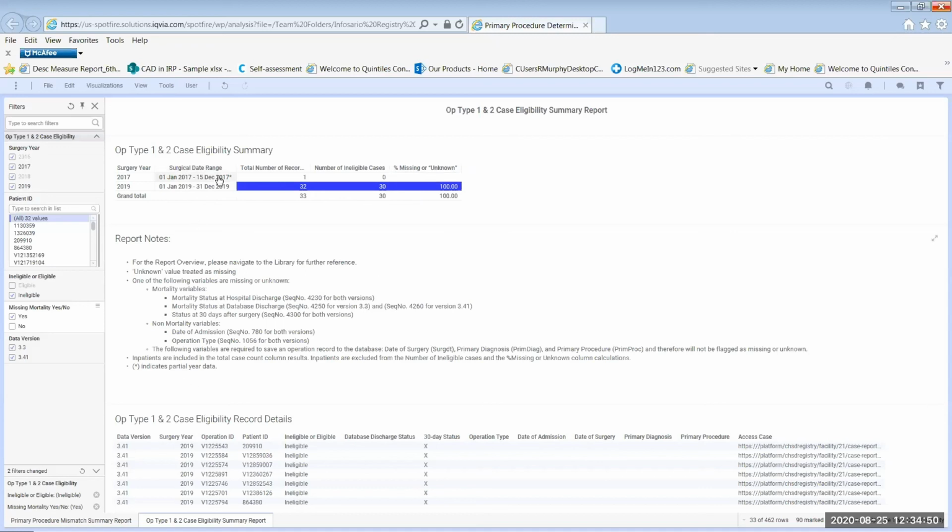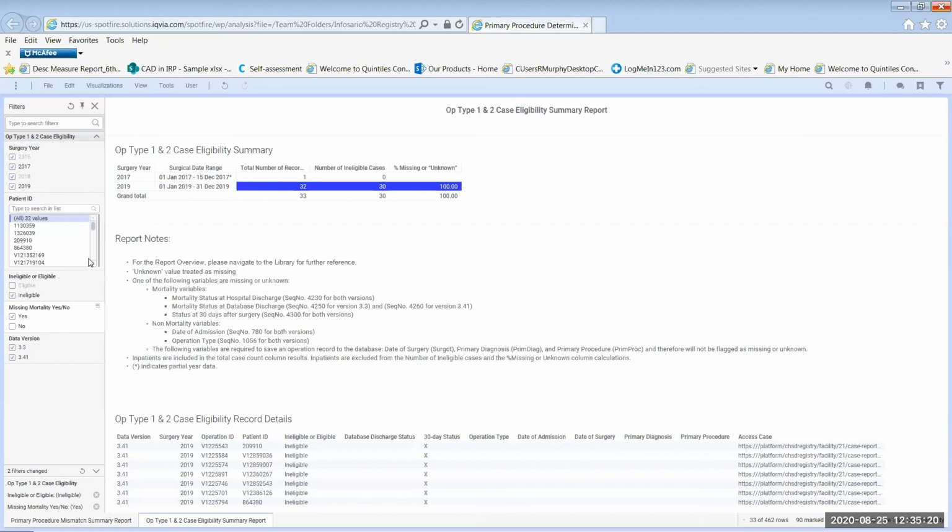We also dynamically add an asterisk, and we're still working out the details of this, if a date range does not represent a full year. January to December 31st represents a full year, so there's no asterisk, but January 1st to December 15th is a partial year. So we show an asterisk and indicate that it is a partial year of data.